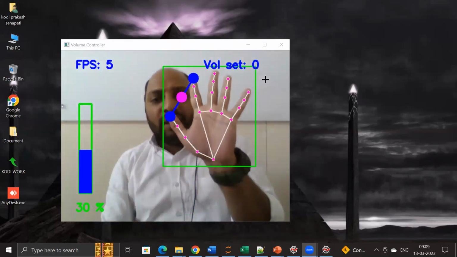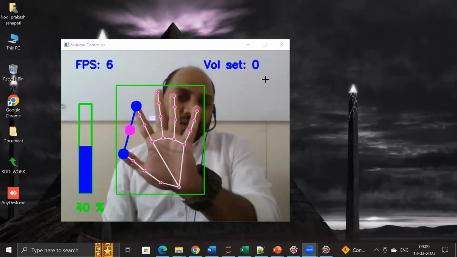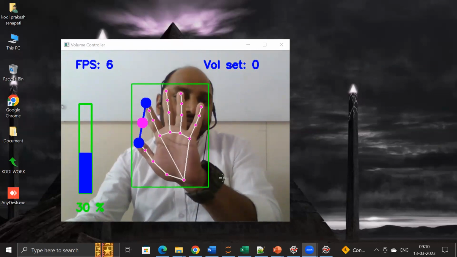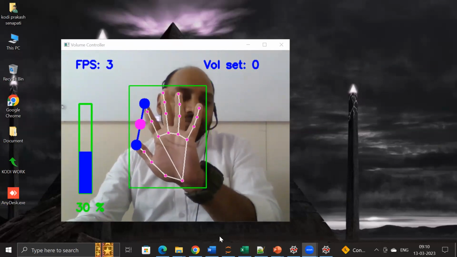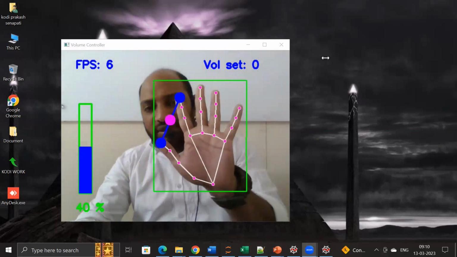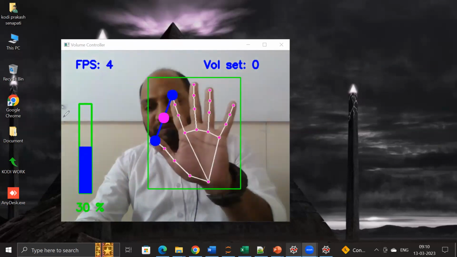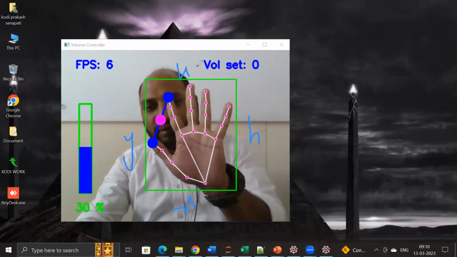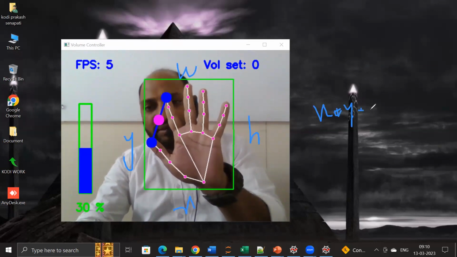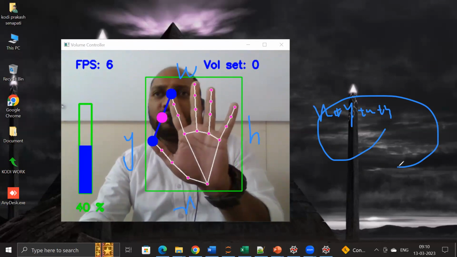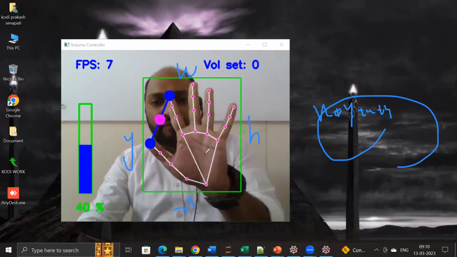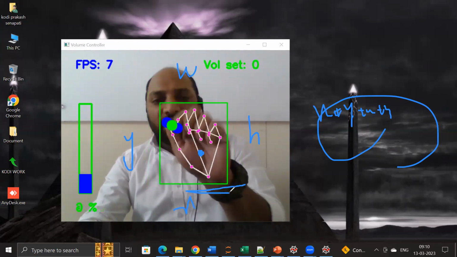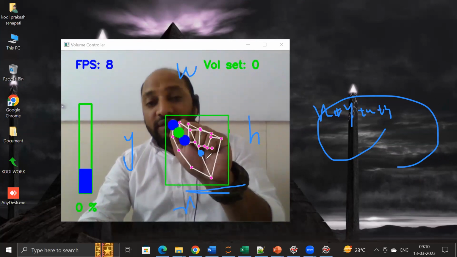Getting my point? The moment I keep my palm or hand, it creates the bounding box. Did you see the bounding box here? It creates a rectangle. I told you on Friday how exactly the bounding box is created. If I call this the x-axis and this the y-axis, with height and width, if I combine x plus y plus w plus h, we create a rectangle. I hope you understand. From the center point, this is a constant point. This is also my constant point. If I close my fingers, did you see the center point is constant?